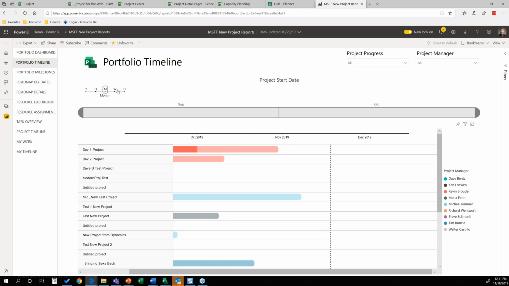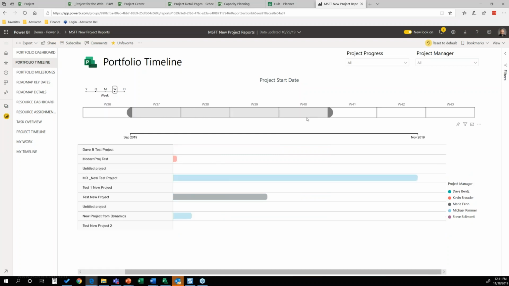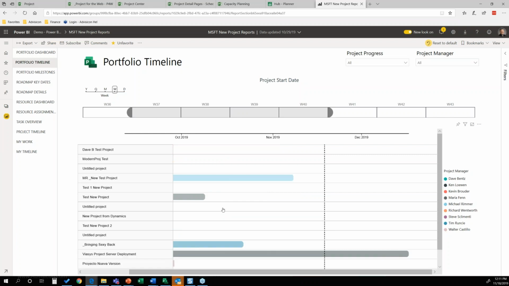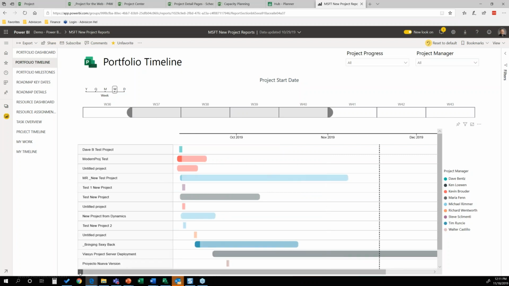And again, setting the overall visibility is just as easy as coming in, clicking, and stretching out that visualization. So if I drop down to a week at a glance and say, you know what, I only want to look through the next couple weeks, I want to see these based upon a 52-week life cycle, you actually have this. Again, no changes here. This is all out of the box. This comes with, of course, Modern Project in your Project Online environment, and that way you can actually visualize these,